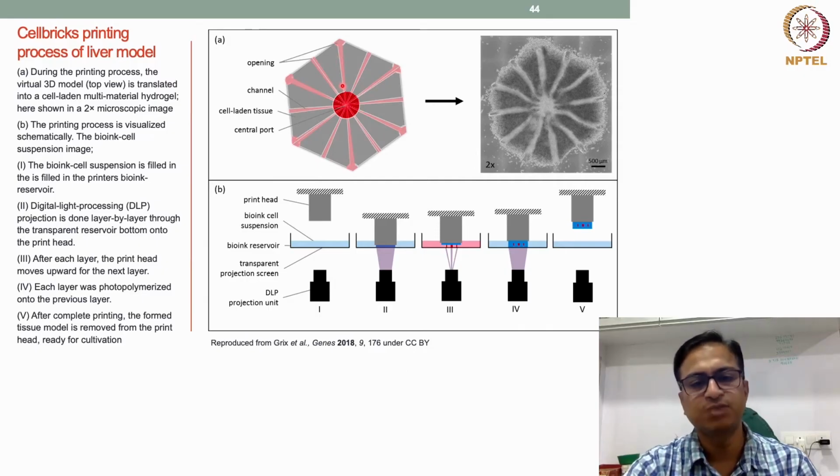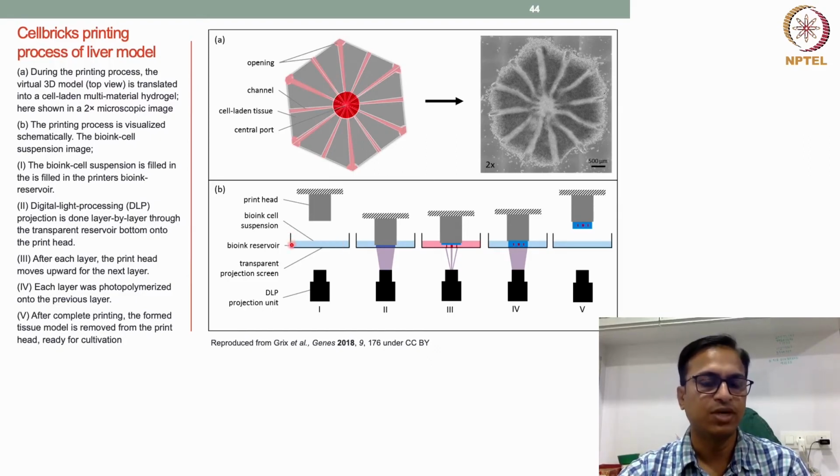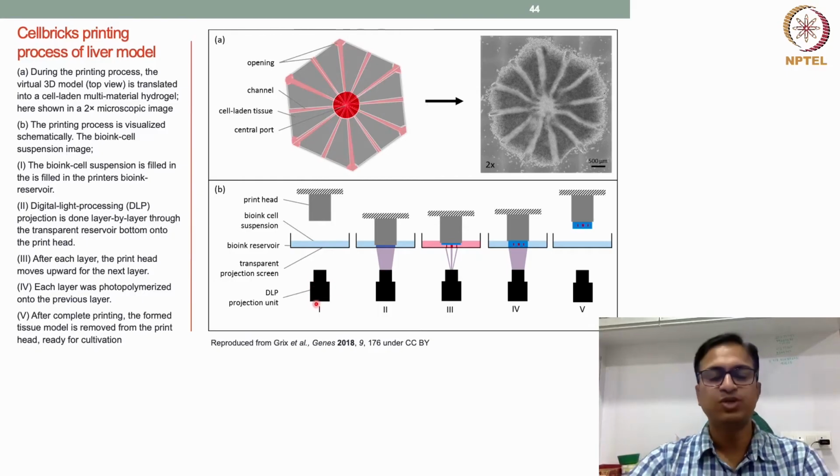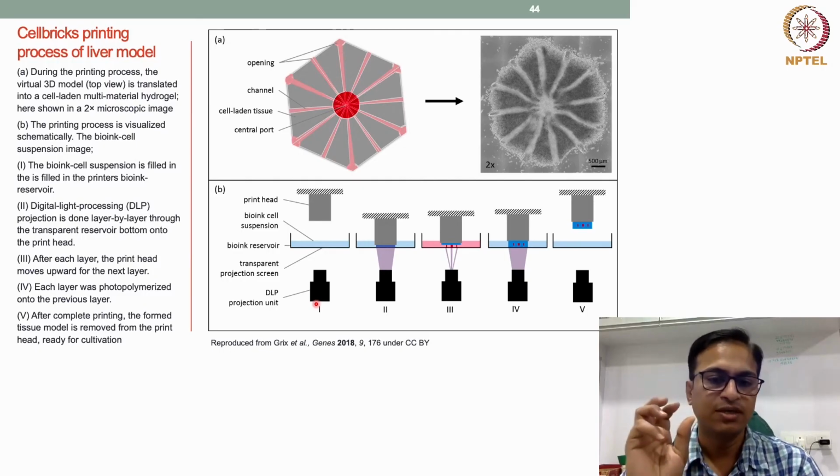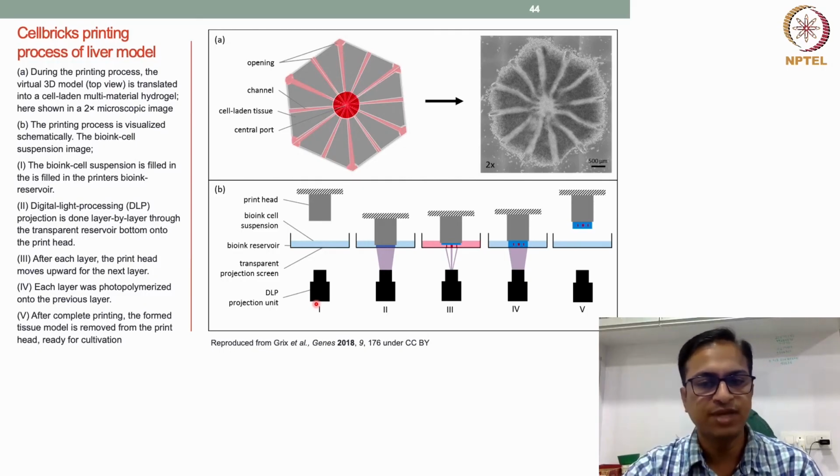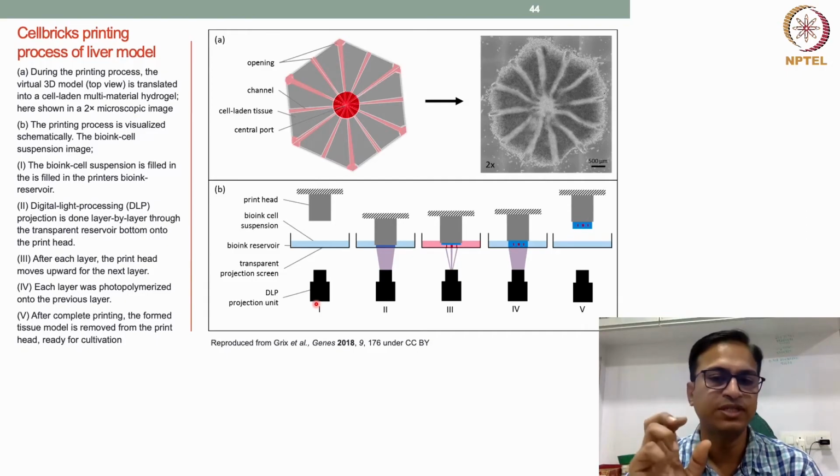DLP bioprinting is a process where we have a bioink reservoir, where the bioink is mostly a photosensitive material. We load it in the reservoir, and there is a printhead that can be lowered into this bioink, and then a DLP projection unit. It is also a layer by layer manufacturing technique, but this DLP projector projects